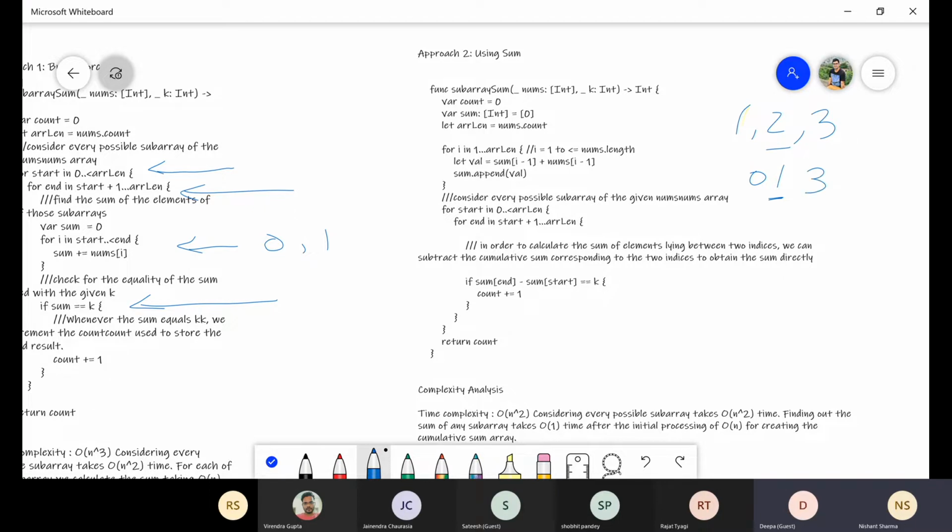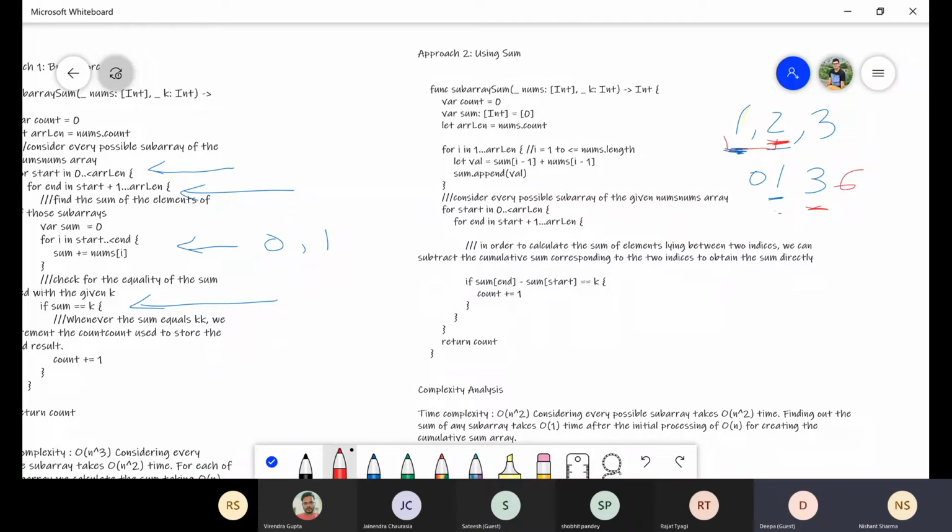So every time what we are trying to do is store the sum till a position. For i equal to 1, it will store the sum till here. Then for i equal to 2, we will store the sum till here. Now similarly for the next element, what will be the sum? 3 plus 2 plus 1, which is basically 6.